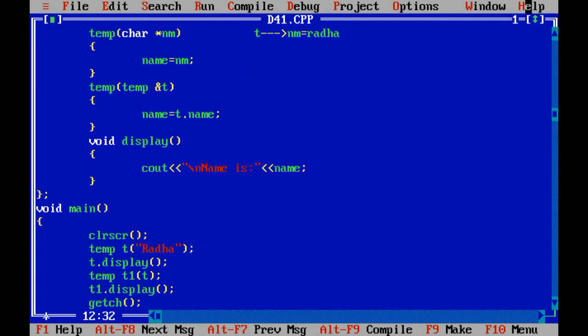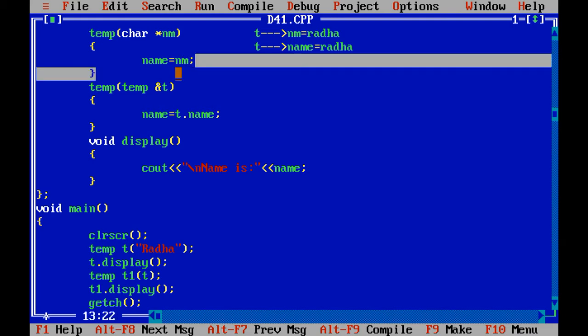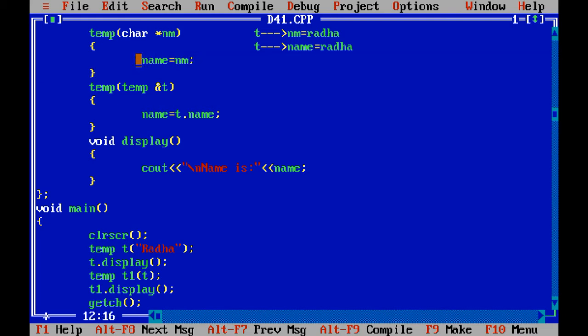After that, when this line is executed, t of name equals Radha, because we have initialized the value of nm into name. So in both the cases name is Radha.